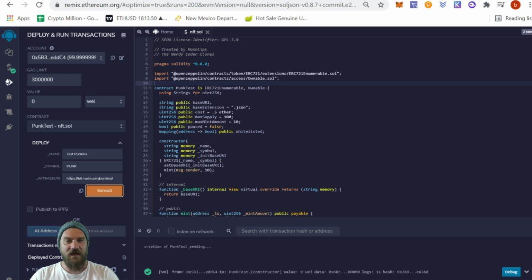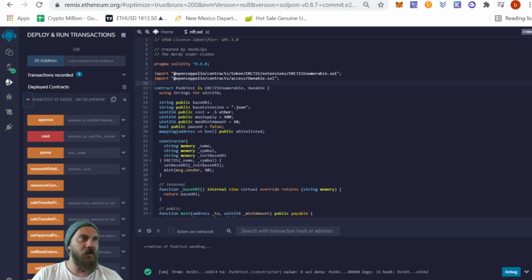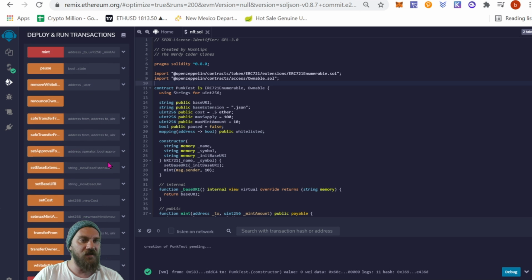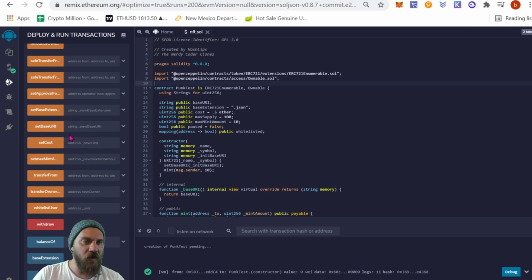We're now seeing down below here that we successfully deployed to our local blockchain. Very good, guys. And so now if I come down below here, it's hard to see behind me here, but there's the contract, and we can click on that contract and it opens up all the information and functions on the contract, okay? So we can mint, we can approve, we can pause the contract, we can remove whitelist, we can renounce ownership, we can do transfers, we can set the base URI.